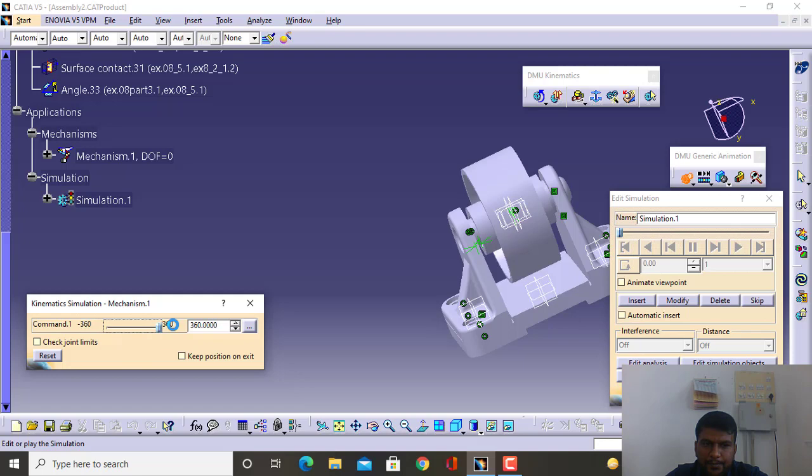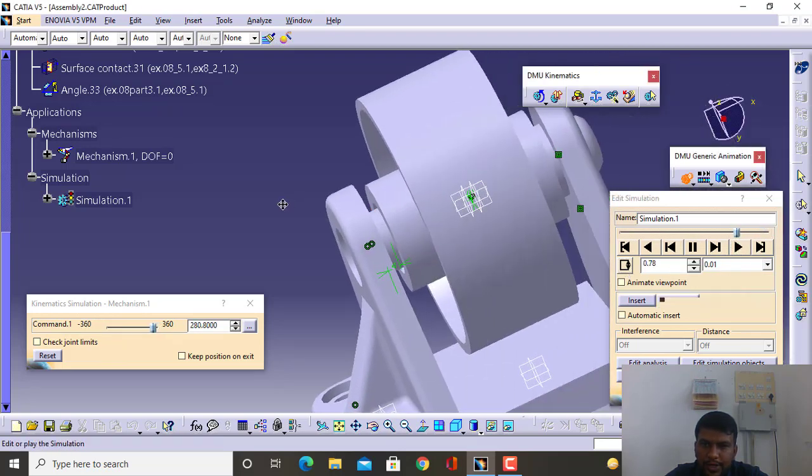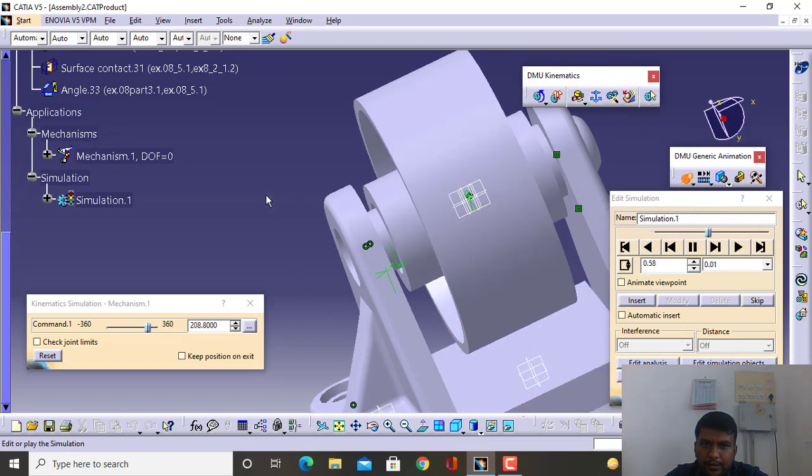Now we can insert here, and this is the frame rotation. So 0.001, that means it's going to be very slow and forward. So you can see the rotation, right? Okay, so this is how we do the animation.